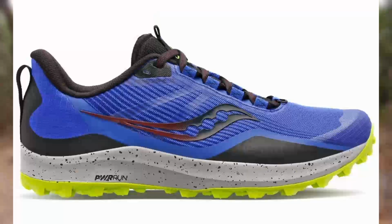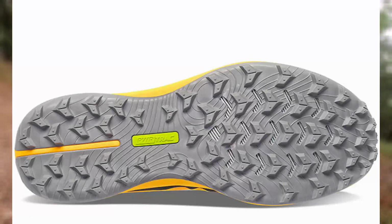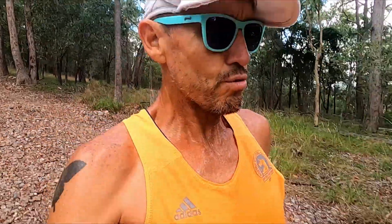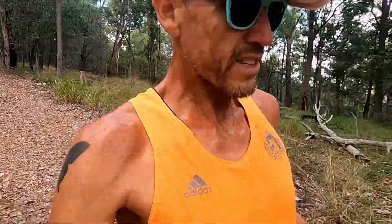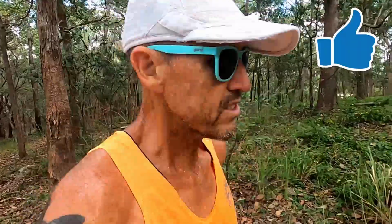Stability wise, I feel really confident in the Speedgoat 5s with my foot plant. I tried the Peregrine 12s on from Saucony and I was just a little bit concerned about how narrow I found the outsole, that landing area. Just thought that they may cause me some issues on the more technical tracks, but the Speedgoat 5s, going up a hill guys,